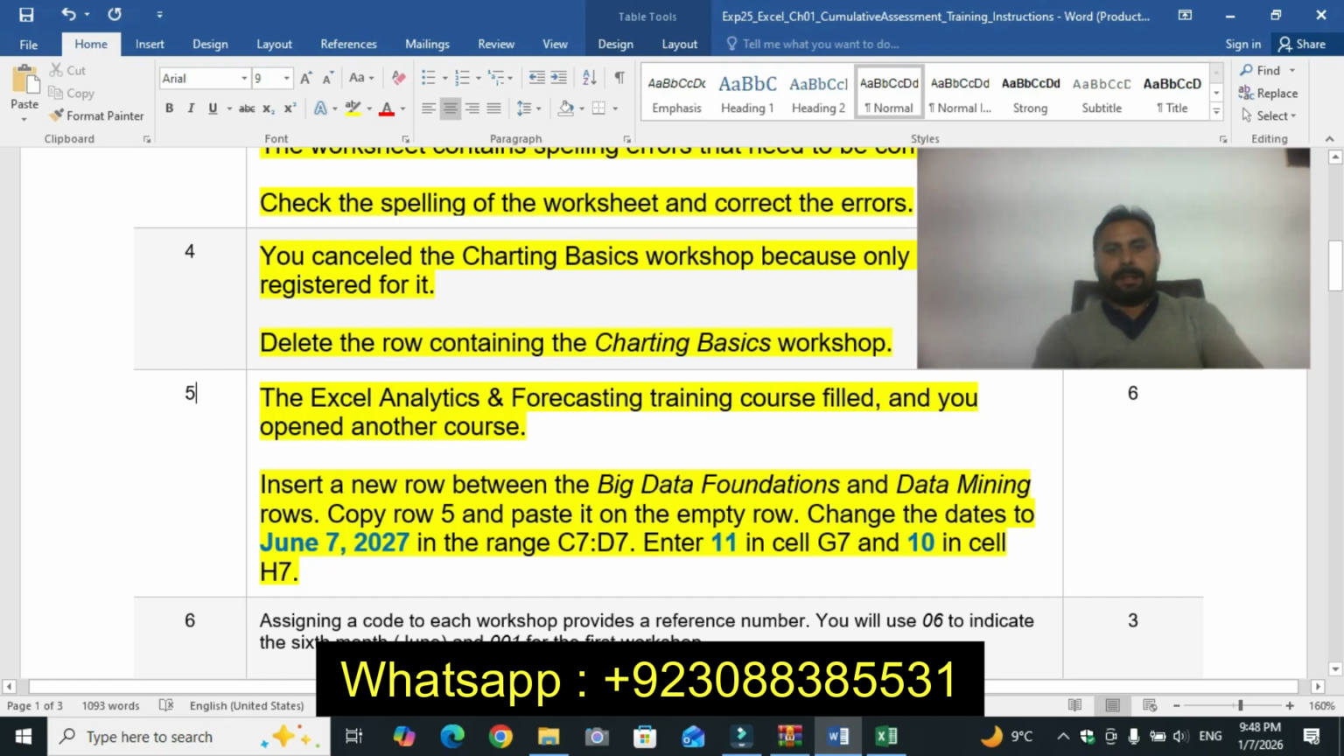The Excel Analytics Forecasting Trainings course filled and you opened another course. Insert a new row between the Big Data Foundations and Data Mining rows. Copy row 5 and paste it in the empty row. Change the dates to